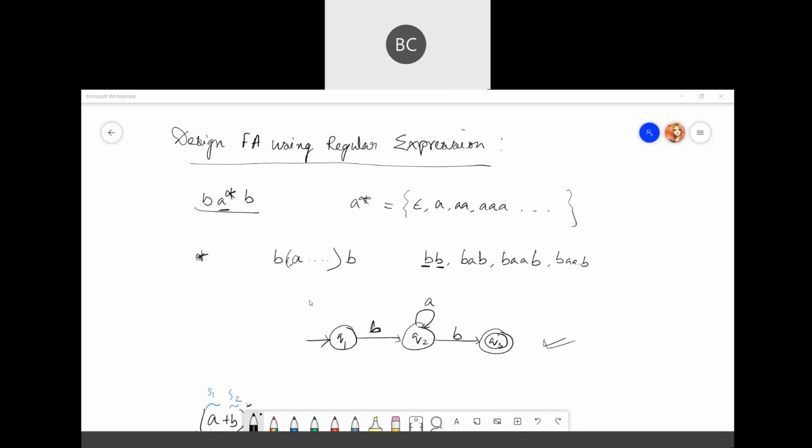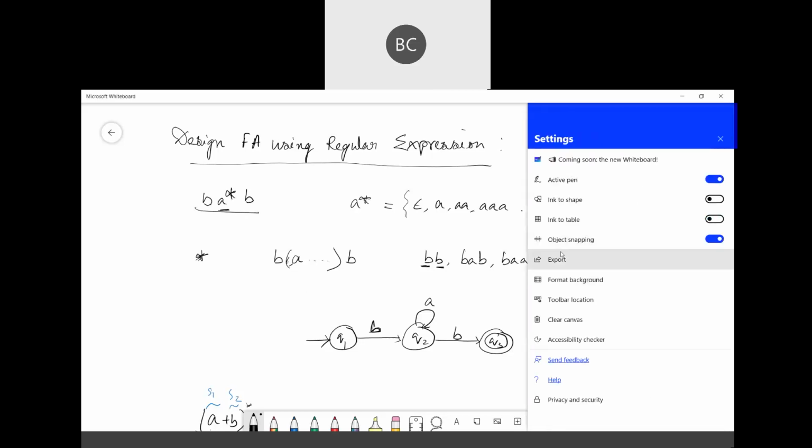Okay, so just continuing with the same thing. First, I just want to show one trick if you get a bit longer regular expression.